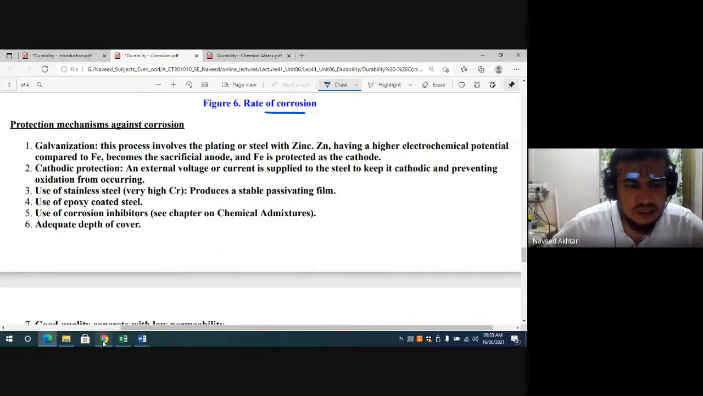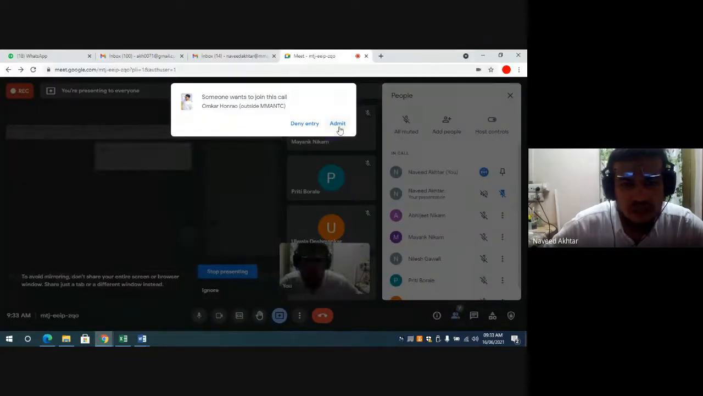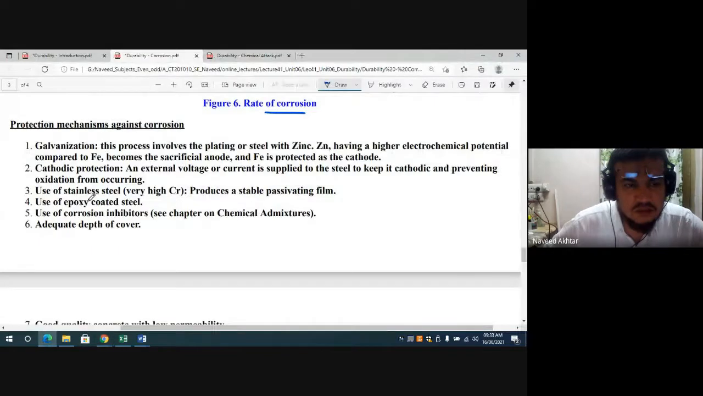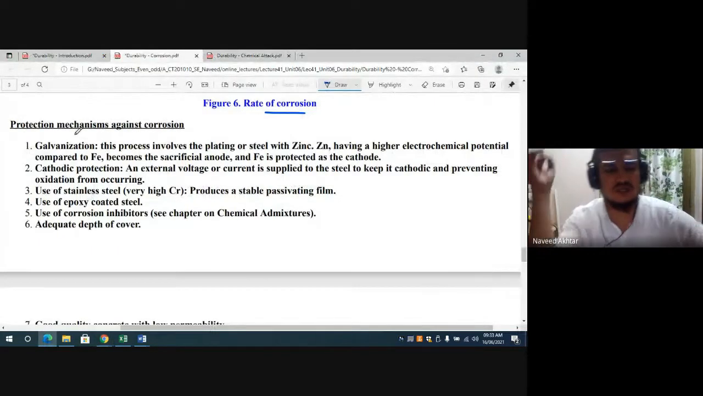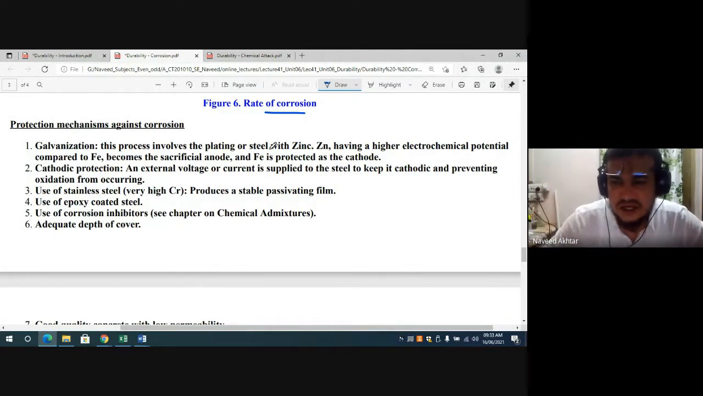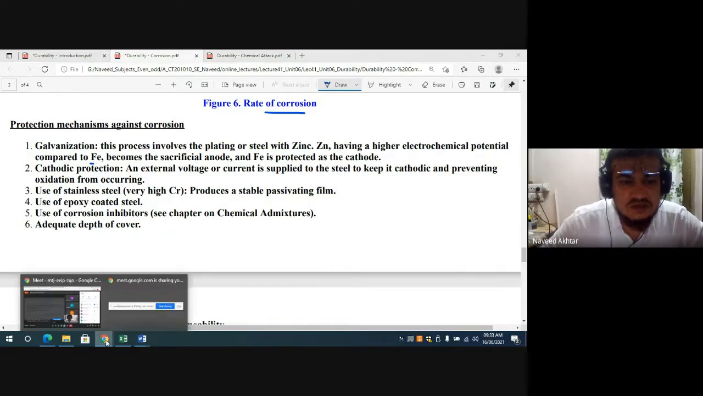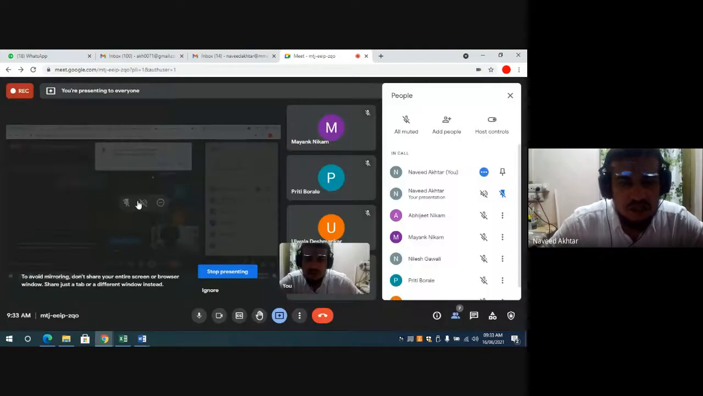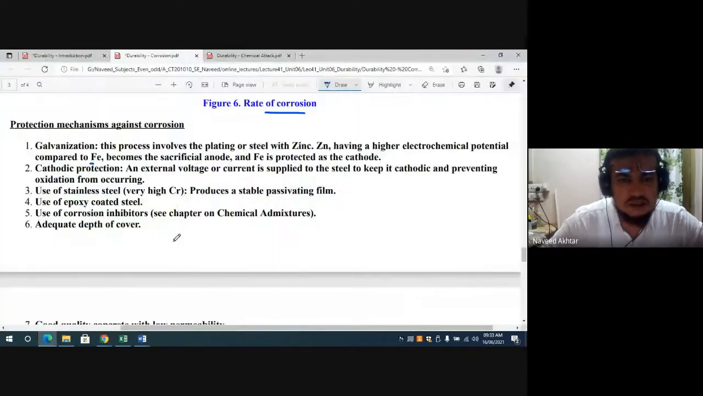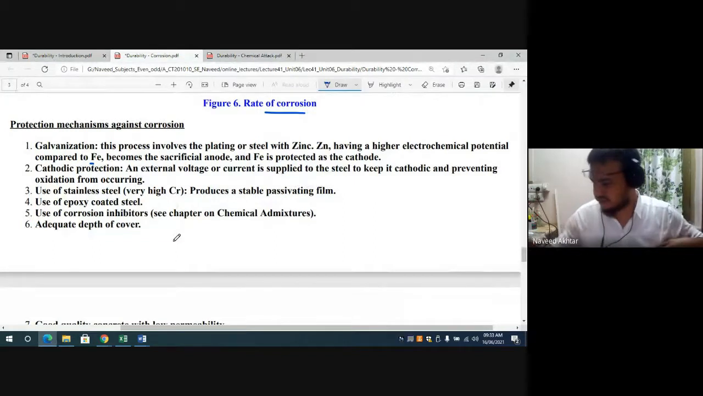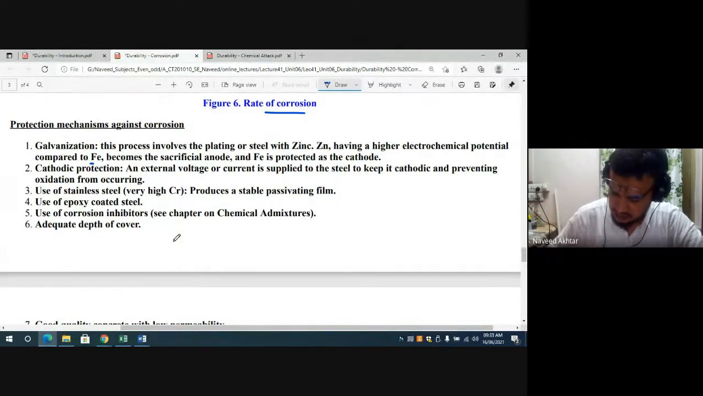Protection mechanism against the corrosion. Galvanization: this process involves the plating of steel with zinc, which has a higher electrochemical potential compared to the iron. So zinc having more potential than ferrous, that's why the zinc plating can be done, and that will avoid the corrosion of